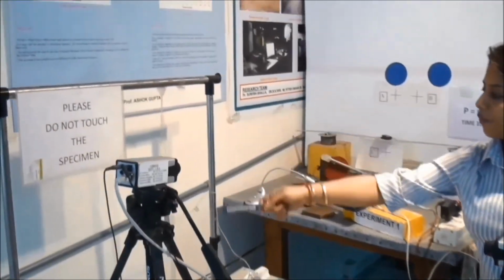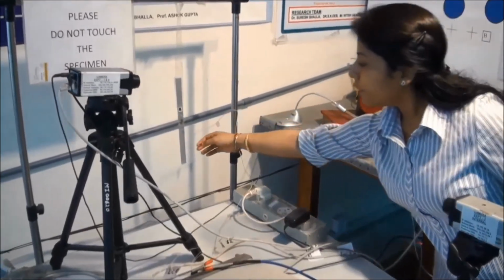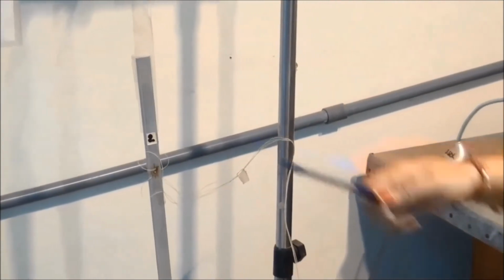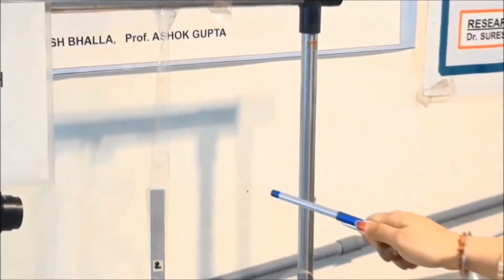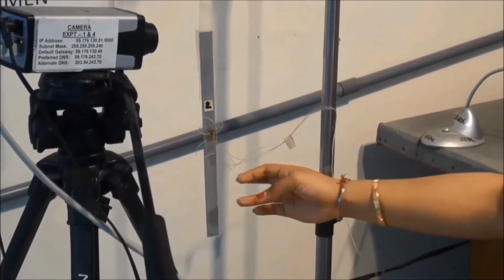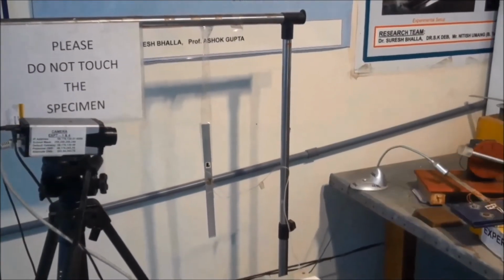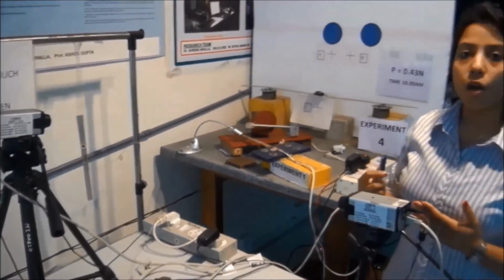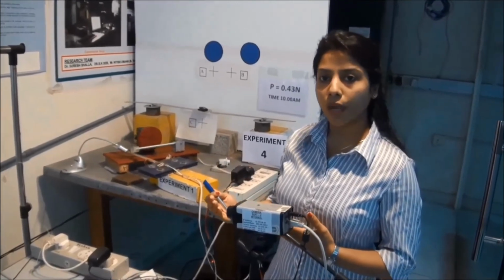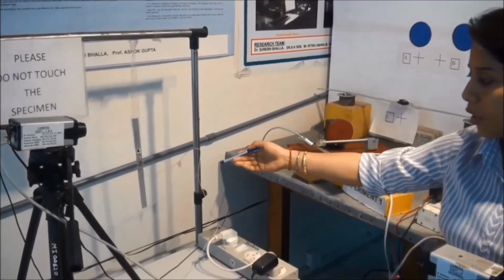This is the setup for experiment number 2. In this experiment, we have considered an aluminium bar which is freely suspended through flexible tape. So in this experiment, the aim is to consider axial modes. The aim is to find the axial modes of a freely suspended aluminium bar. See, it's very difficult to find the higher order modes in any structure. So this experiment enables us to find the higher order axial modes of any structure, that is an aluminium bar